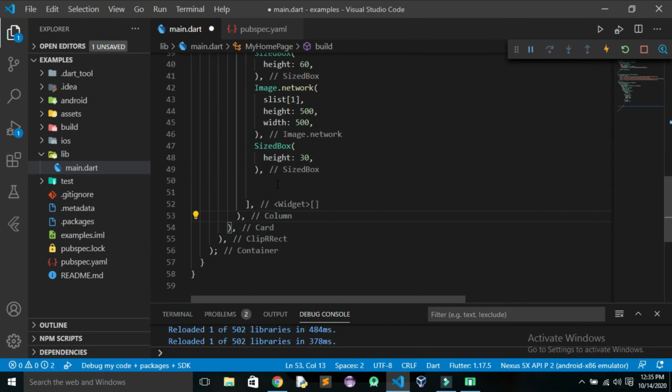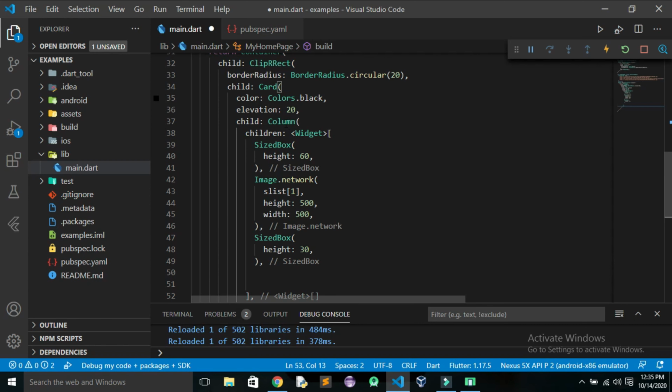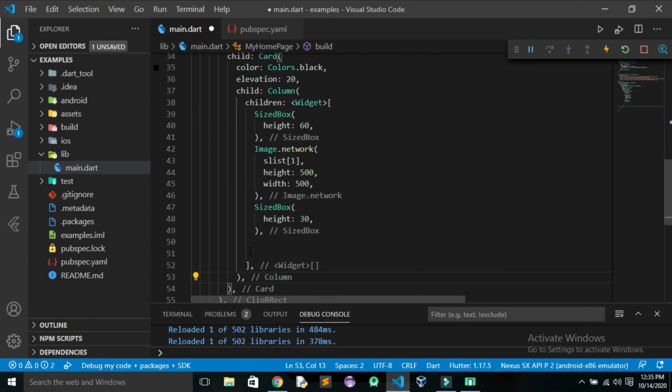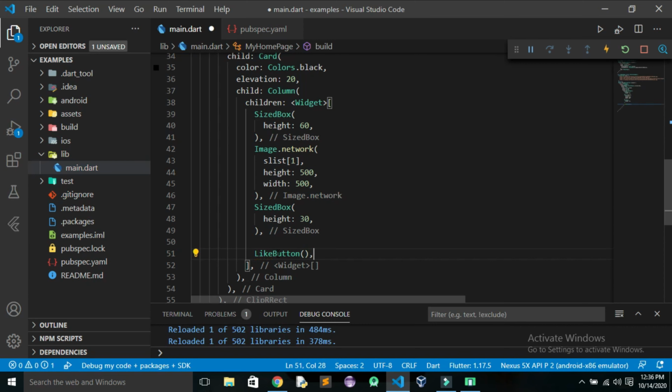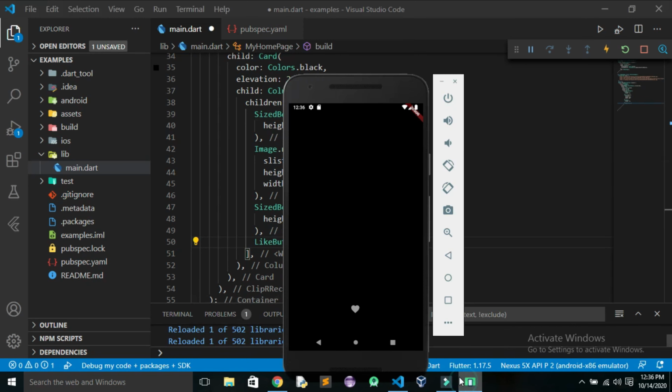That's what I'm doing here. See, this is the column, and in this widget section I'm rendering the like button. We can use like button directly, and now save it and let's see the change.